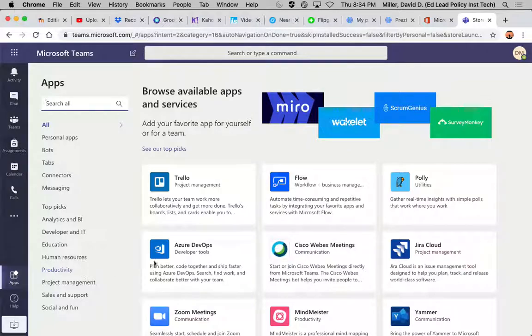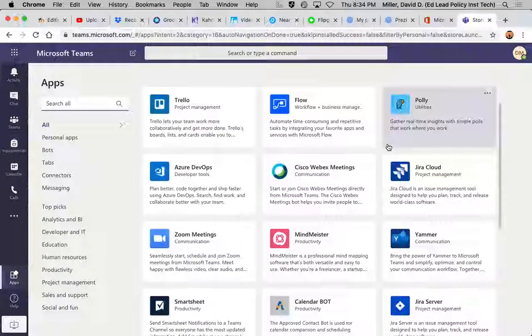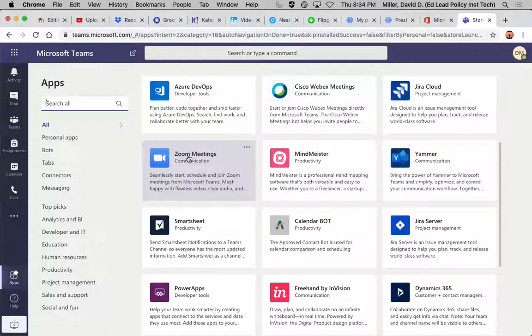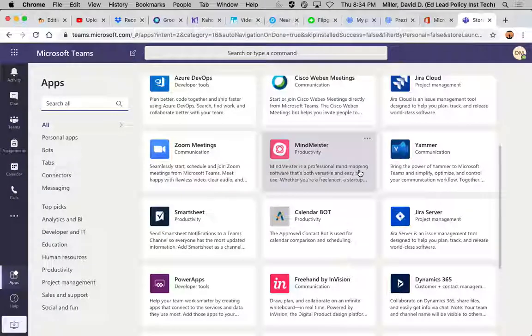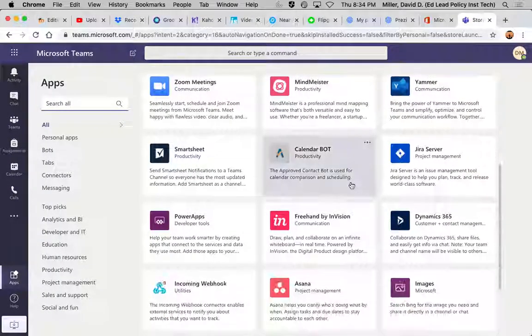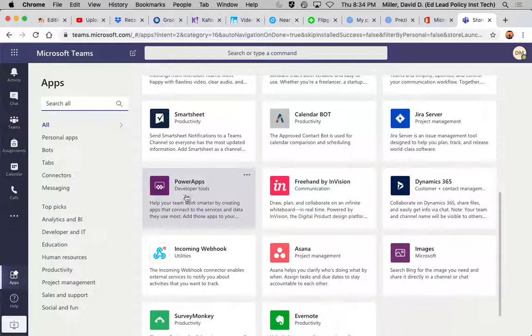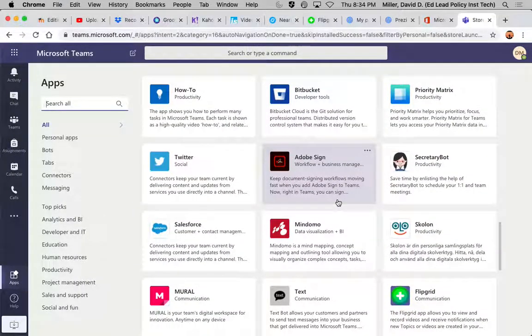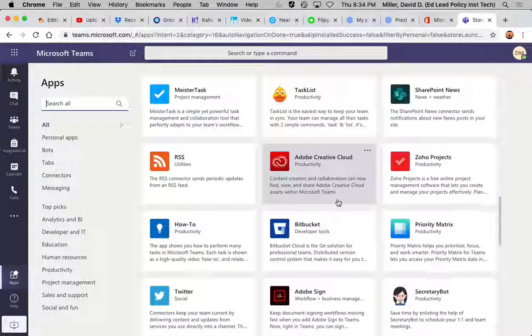And then they have all these other apps that you can add in that are all sorts of different things. There's Zoom, which is another video conferencing tool. I think Yammer is another communication tool. Power Apps, you can actually design your own apps and deploy them here. So there's basically anything that Microsoft has its claws into, which is a lot.